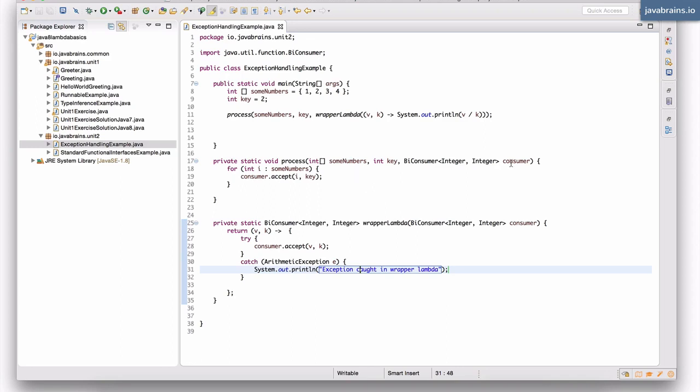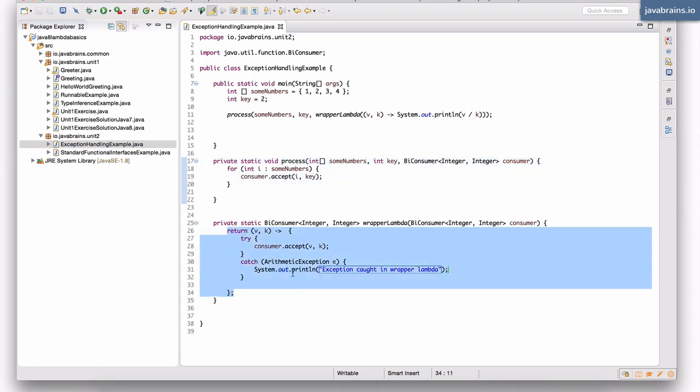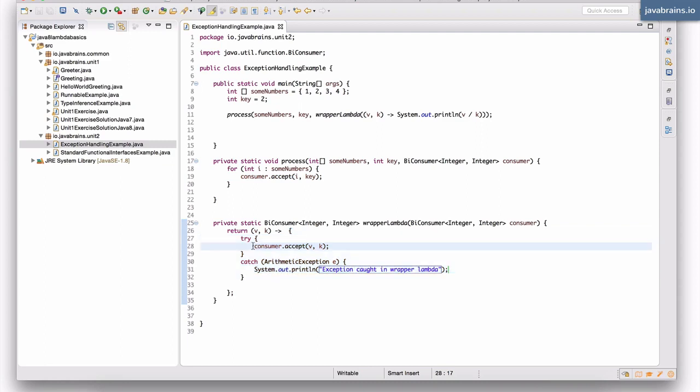So what's going to happen is the process is going to get a wrapped lambda. Now when consumer is executed by calling the accept, this is what gets executed. Now what is this? It's a try catch block. Now what does this execute? It does the actual inner lambda, consumer.accept, which is this guy. Now if this executes successfully, well, everybody's happy. But if this were to throw an exception, well, guess what? We have a try catch here, and this catch is going to get executed, and we're going to get this